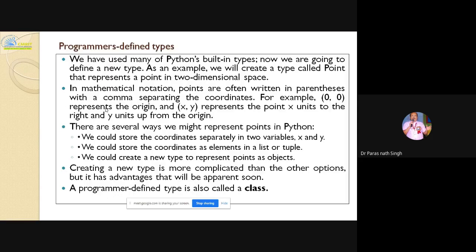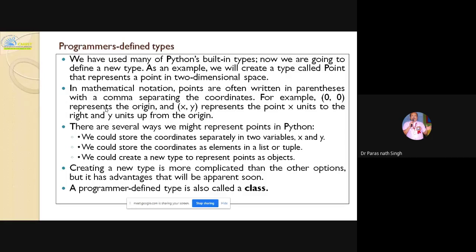Okay. So we have used many of the Python built-in types. Now we are going to define a new type. It is taken from the second textbook. As an example, I am taking the textbook, so the examiners will be giving the marks. Sir, a student has written a class is a group of similar objects. He or she has written that it represents the object's type. And like every person, the class is nothing but all the data and methods that operate on data wrapped within a class. The technical definition is given here also.